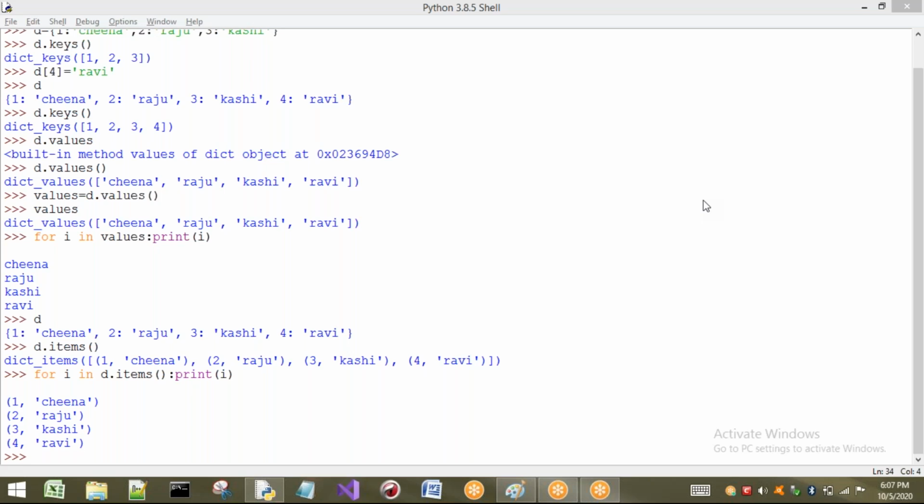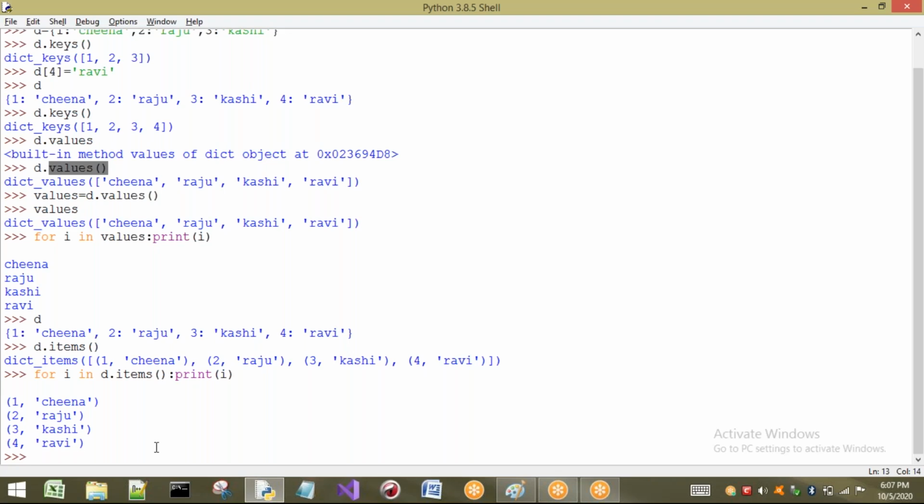If you want to get only keys from the dictionary, then we have to go for the keys method, as we have seen here. If you want to get only the values from the dictionary, I have to go to the values method. In the same way, if I want to get individual items from the dictionary, then I have to go to a method called items. The items method gives you all the items that are present inside your dictionary. These three are important, because if you want to retrieve a particular key or a value, we can go for keys and values.